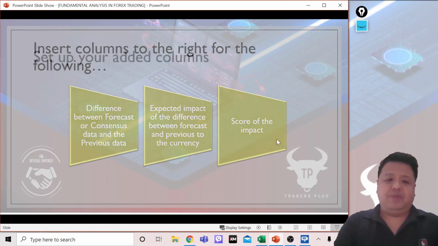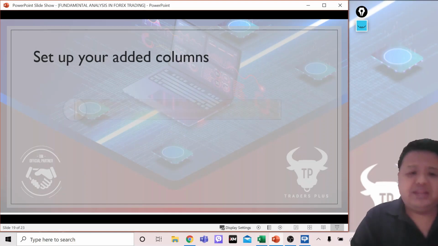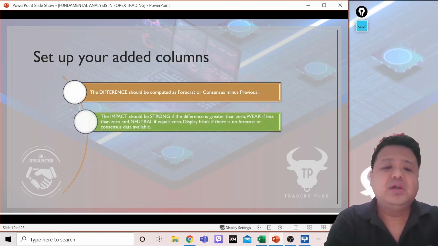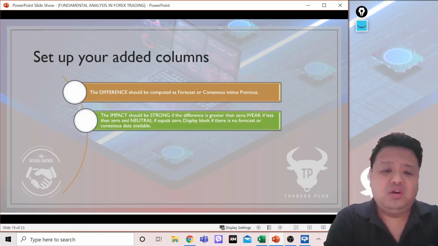Ngayon, paano ipo-format yan? Set up the added columns. So, yung difference will be yung consensus minus previous. Yung impact, strong, kapag difference is greater than 0, weak if less than 0, neutral if equals 0.